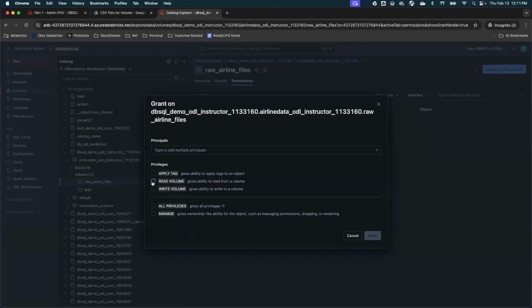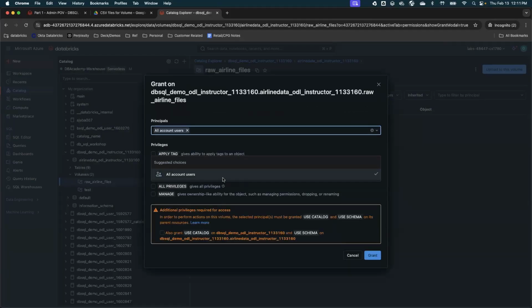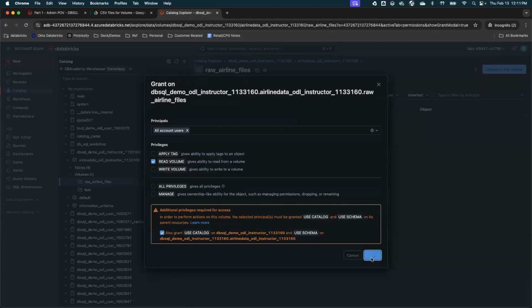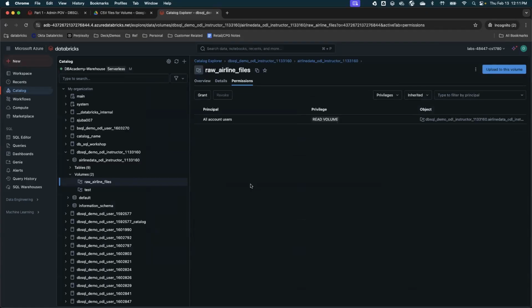Create volume. Yeah, you can let them use your volume. Okay, awesome. So you should be able to use Sid's volume if you were unable to access the files. But those of you that could access the files, you should create your own volume, and create and upload the files there.